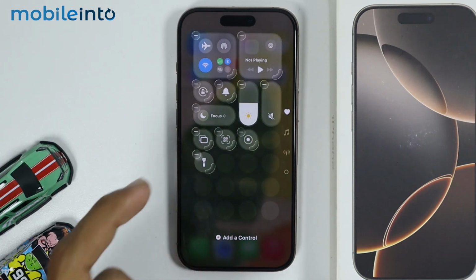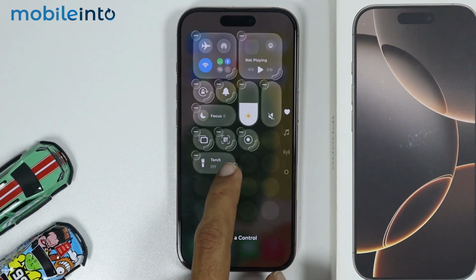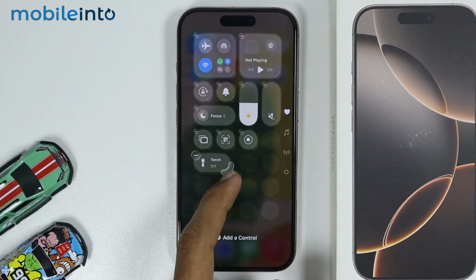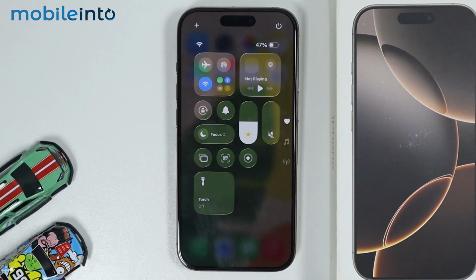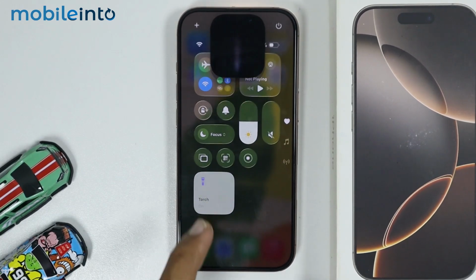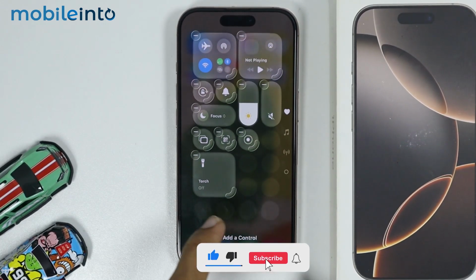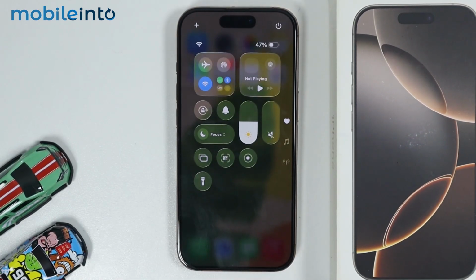And from here, you can resize the torch icon as you like by dragging this flashlight icon from the bottom corner over here. And once you're satisfied with the style of your torch icon, just tap on the empty space on your control center to save the changes. And as you can see, we have successfully added the torch icon in our control center. Just like that. And this is how you can add and remove the flashlight icon from your control center on